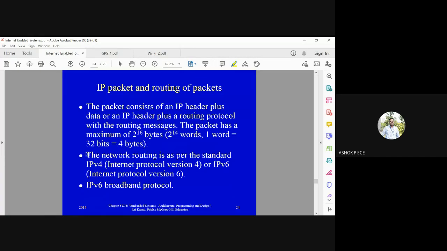So in network routing, it uses IPv6, and I told you IPv4 was used previously, but with IPv4 the number of addresses is very much limited, and it is already exhausted because many people have started using mobile data, right? So IPv4 addresses are completely exhausted. So we are using IPv6 as our addressing protocol.